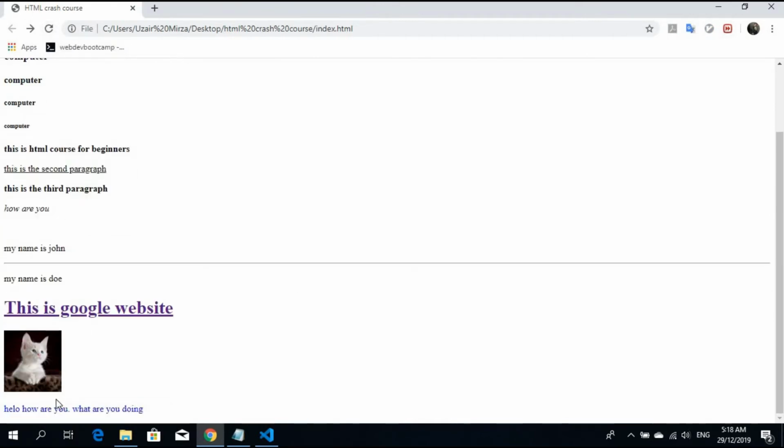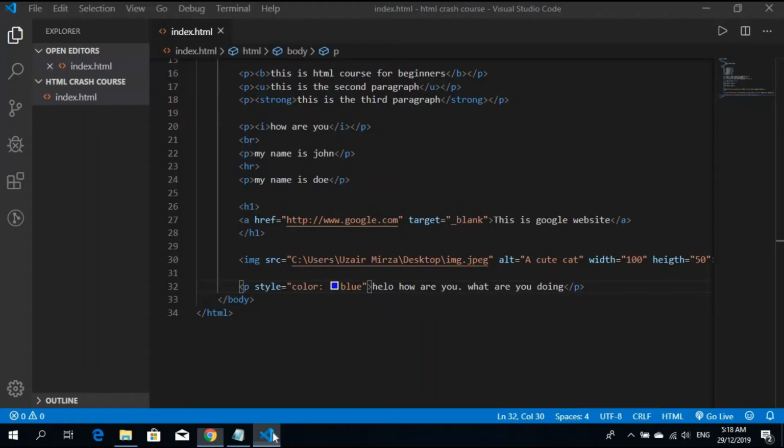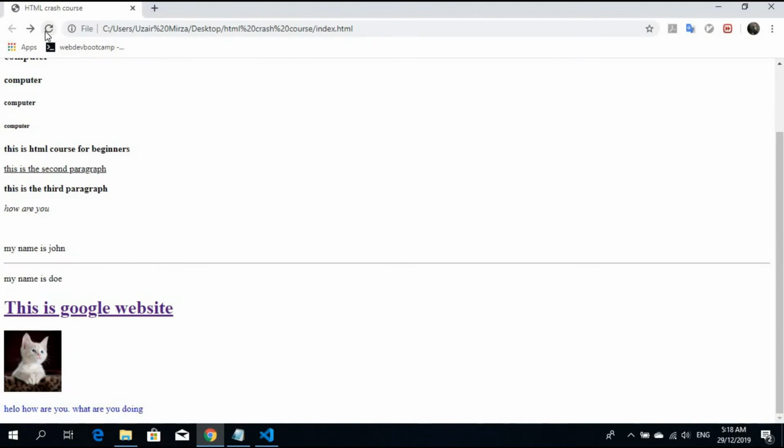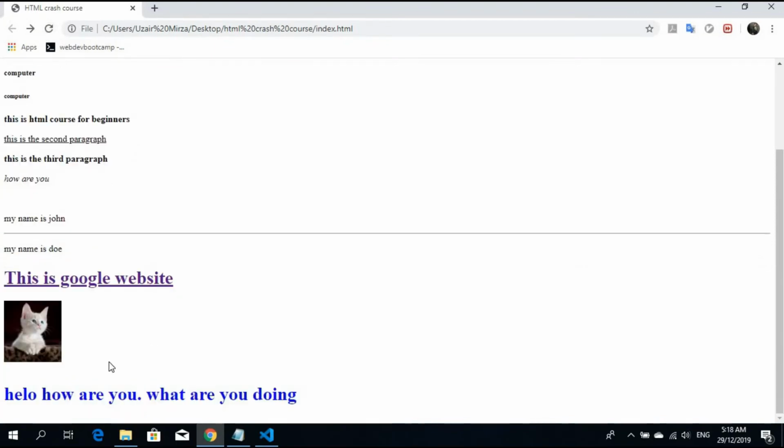So you can see guys, let me surround them with an h1. So here it is. Reload the browser, and you can see guys, this text is in blue color